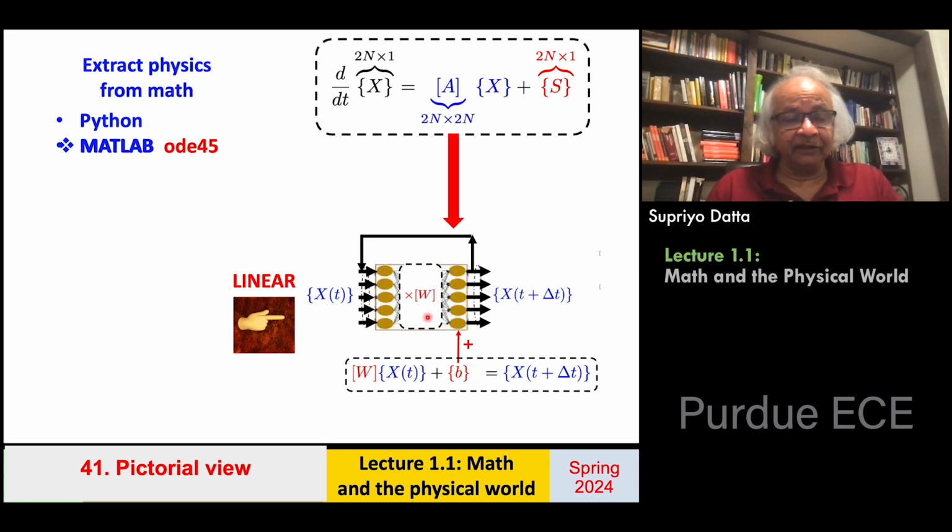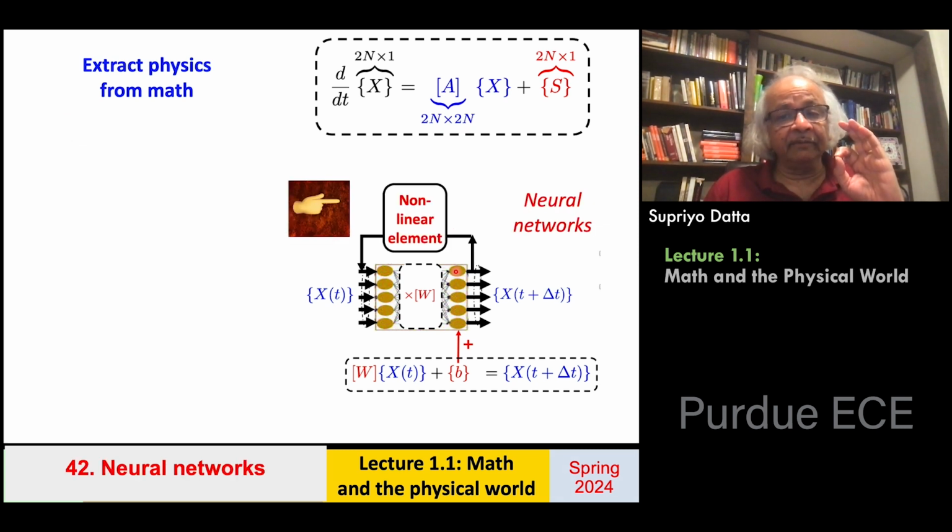Neural networks are widely used in modern machine learning and artificial intelligence. And there also you have a set of nodes, and there's a synapse which kind of multiplies the signals at those nodes with a matrix and generates another output. But in the case of neural networks, a very important element there is a nonlinear element that's involved. Because you see,